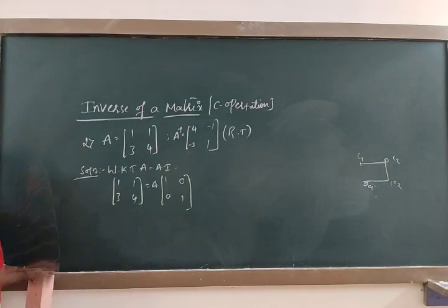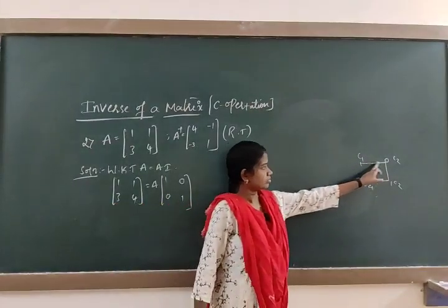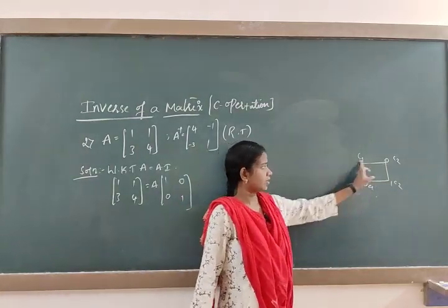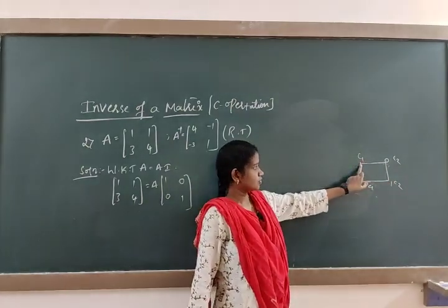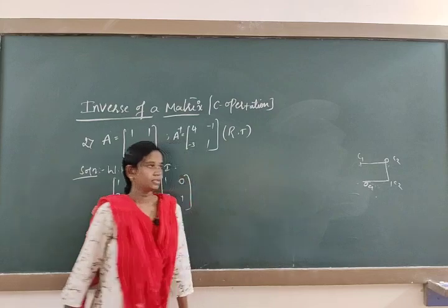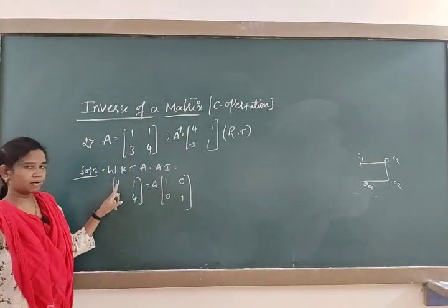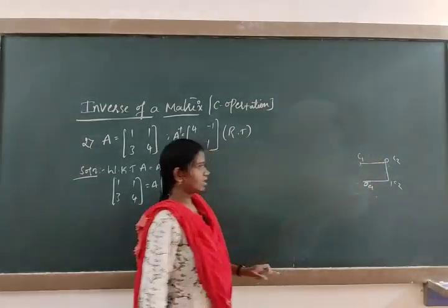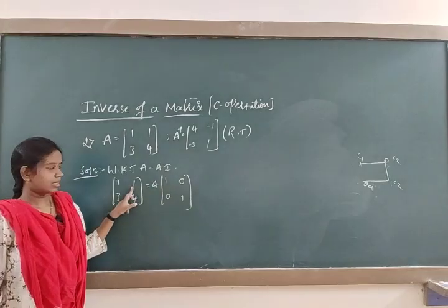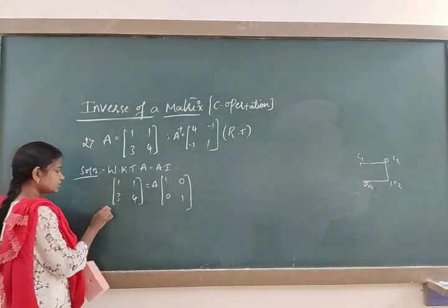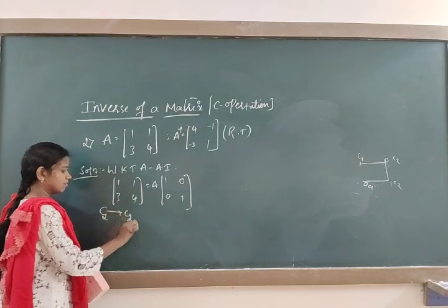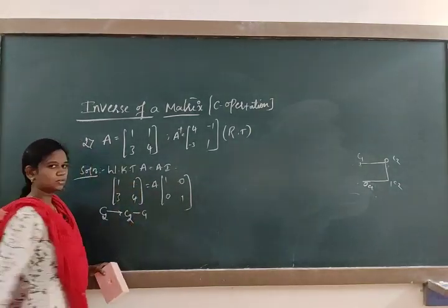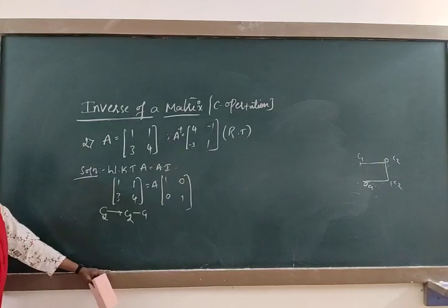Now we have to move in this manner, that is in C manner, reverse of C. First of all, the C1 value should be 1. Next, the C2 value to be 0. Here in this portion it is a 1, present in C2, so make it 0. C2 changes as C2 minus C1.